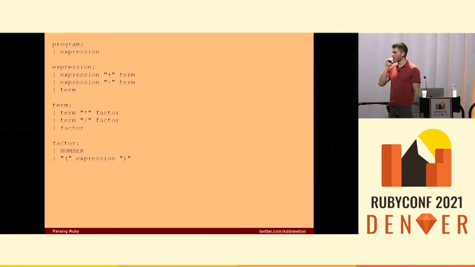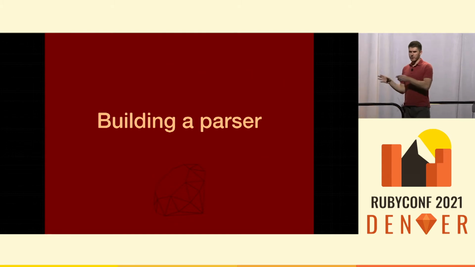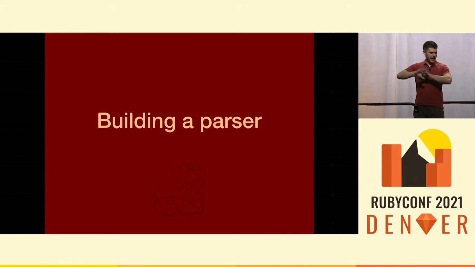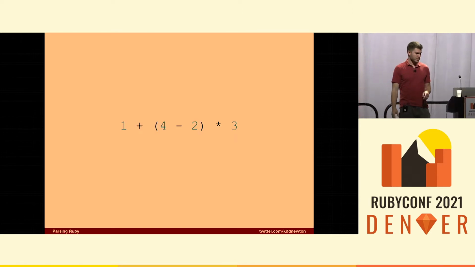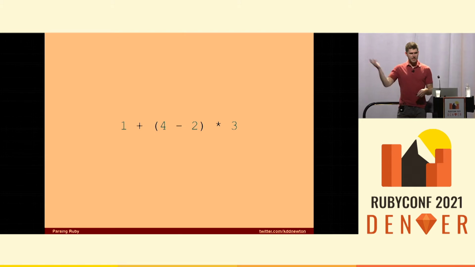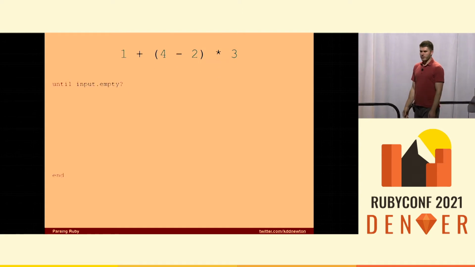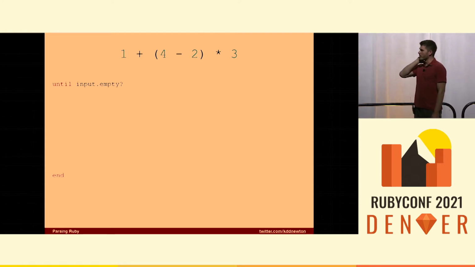All right, so we've got our language. The next step is going to be building a parser that understands this language. The grammar was an abstract concept. We're going to now implement that. So this is our source. We're going to take this source file. This is your .numbers or whatever language you want to call it. We're going to loop over it in Ruby. It's going to be a language implemented in Ruby. We're going to say until the input string is empty, we are going to